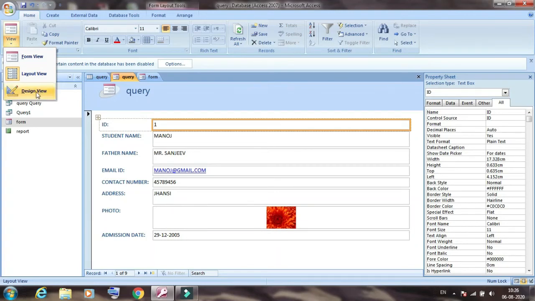Then we will discuss the design view. What is meant by this view? This view is mostly for creating a form. It shows the user the detailed structure of the form, where the user can even insert and remove the controls of the form. Then we will discuss how we can insert a button into the form.